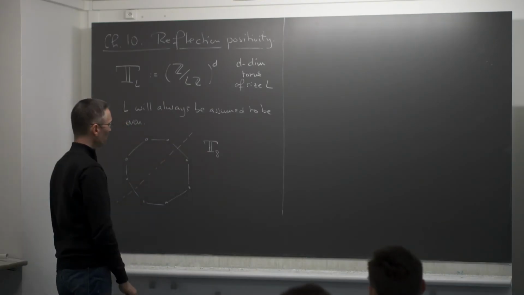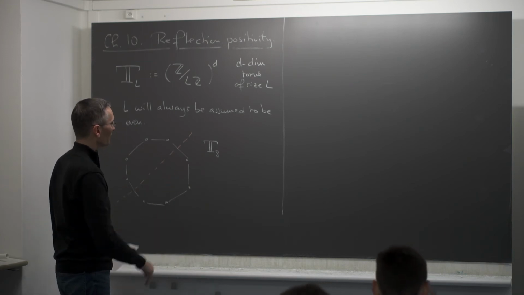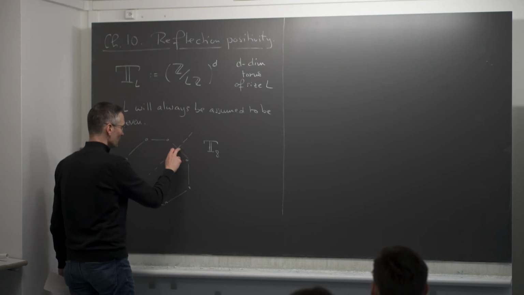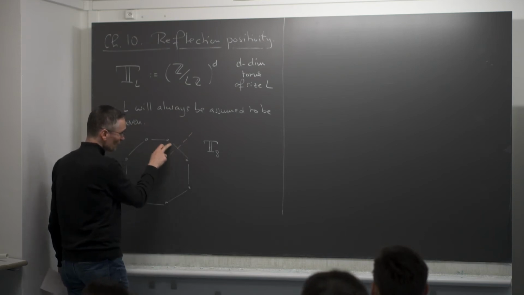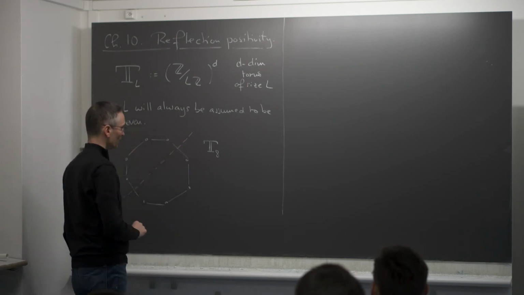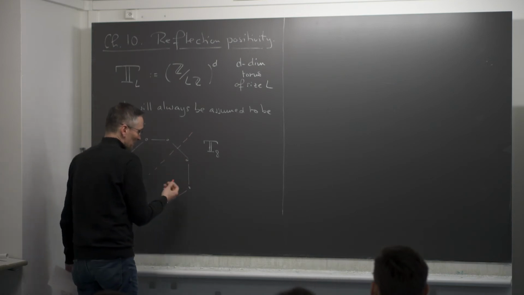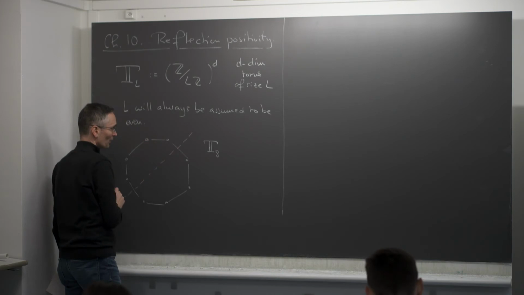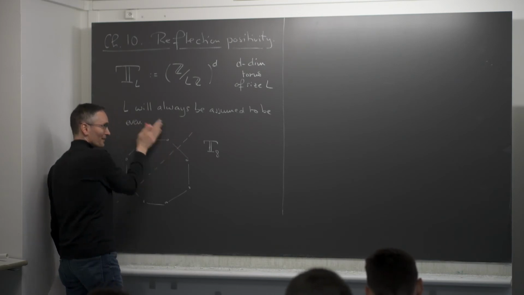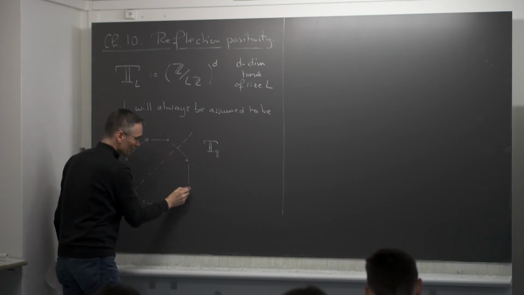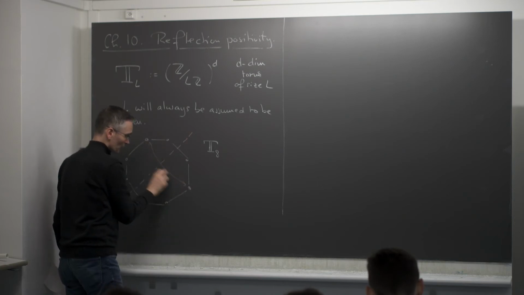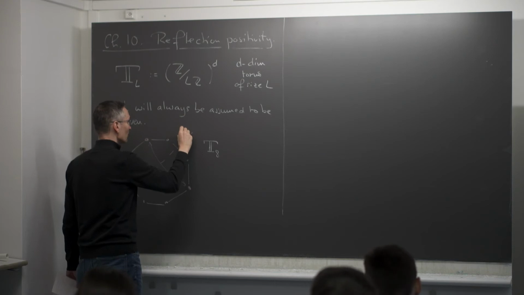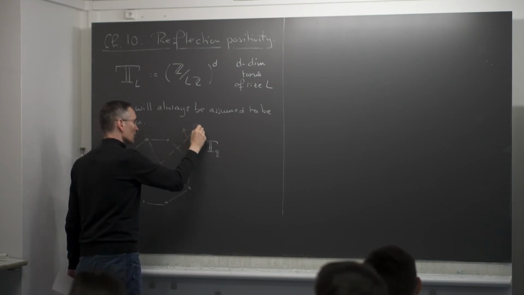So I have some plane. Of course, I'm drawing it for the one-dimensional torus, so just a line. In general, you have a plane cutting the torus into half, and it's going through edges here and there. Right? And then I can define the application that maps every vertex on one side of the plane to the corresponding vertex on the other side of the plane, interchanging the two. So this reflection, I will call it theta. So I have a reflection like that, I will call it theta.